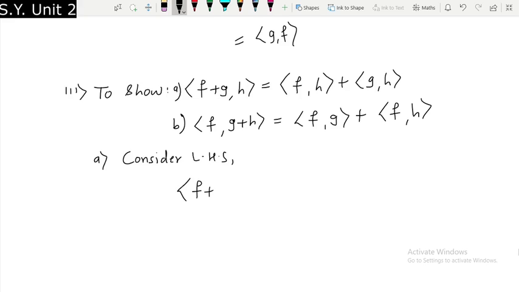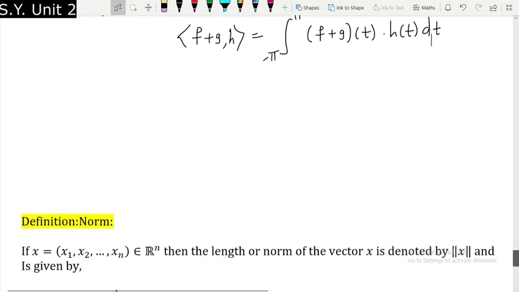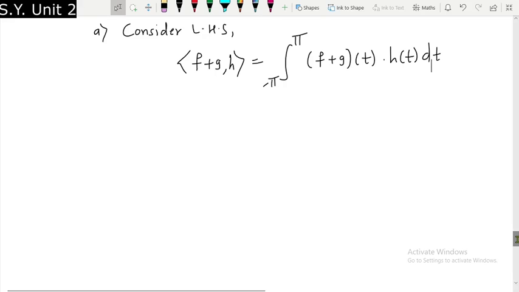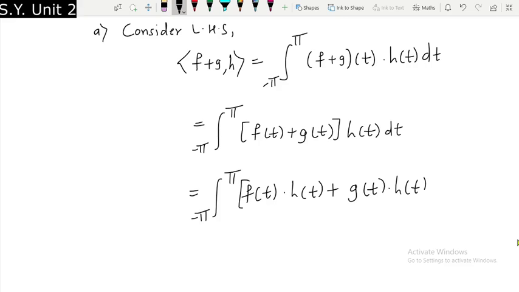The inner product of f plus g with h will be directly equal to the integration from minus pi to pi of f plus g of t multiplied by h of t dt, which will be further equal to the integration from minus pi to pi of f of t multiplied by h of t plus g of t multiplied by h of t dt, which will be further equal to